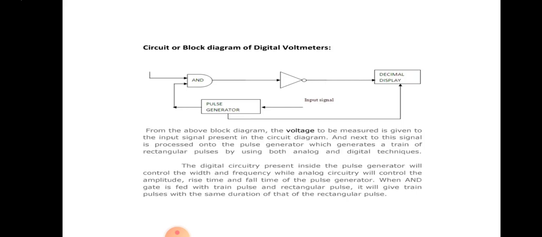The diagram shows us that it consists of one AND gate, then a bubbled NOT gate, then the pulse generator and a decimal display. Here you can see the input signal is given to the pulse generator. Now we will see how the actual digital voltmeter works. From the above block diagram, the voltage to be measured is given to the input signal present in the circuit diagram, and